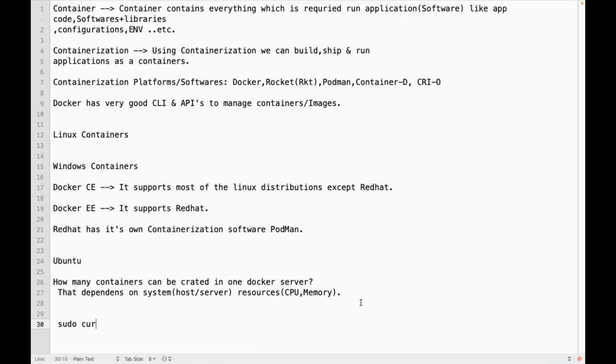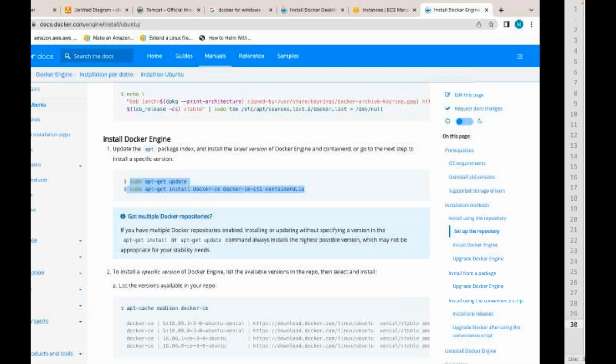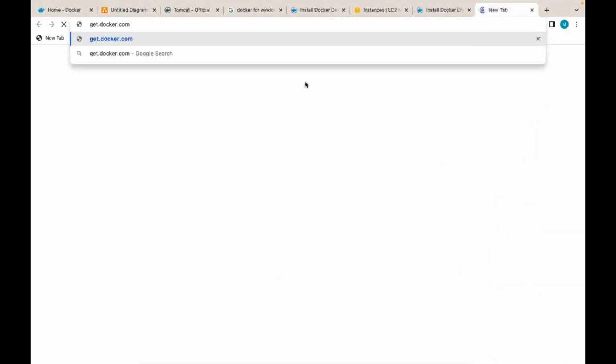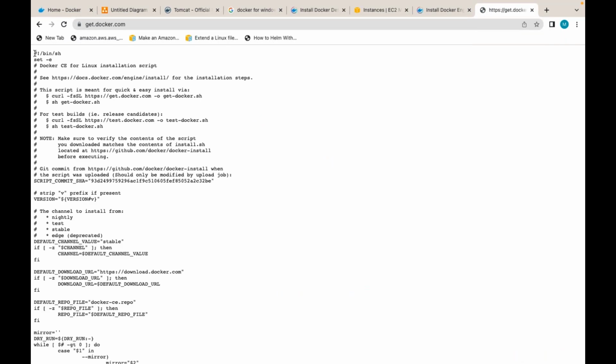Something like this: sudo curl -fsSL get.docker.com. So what is this get.docker.com? Basically, it's a shell script.